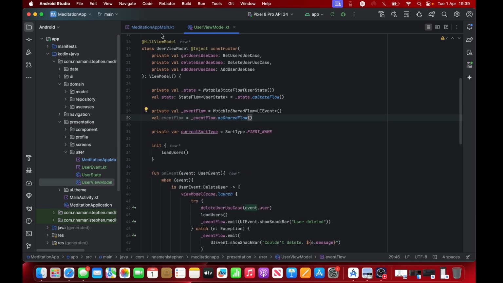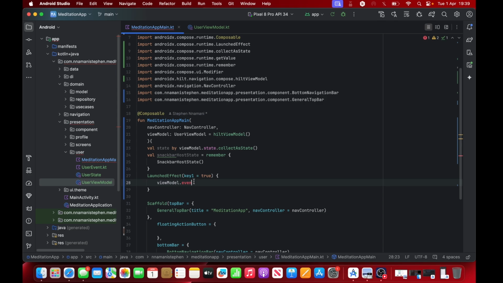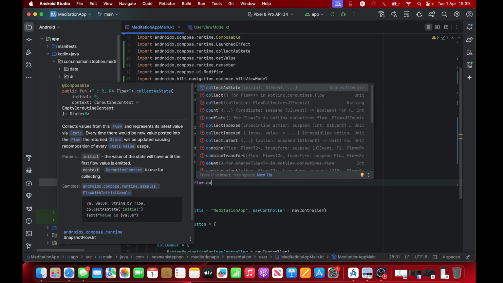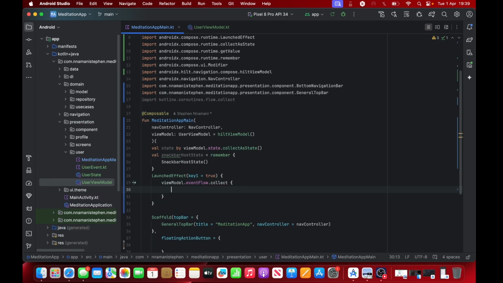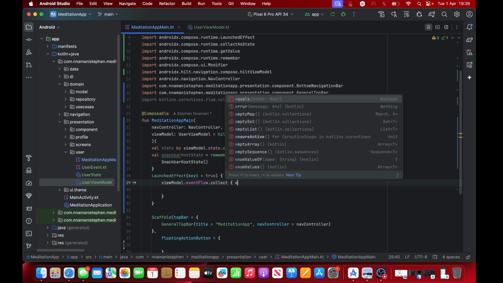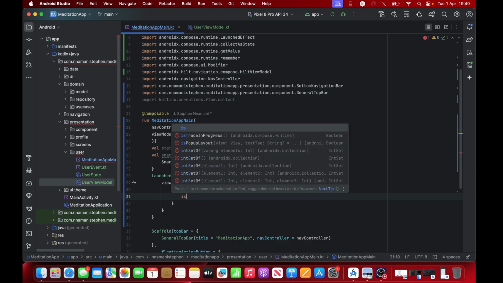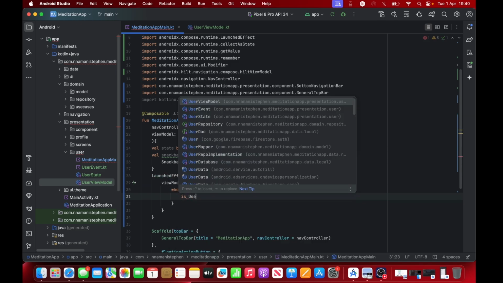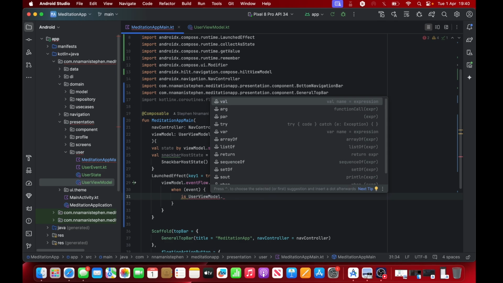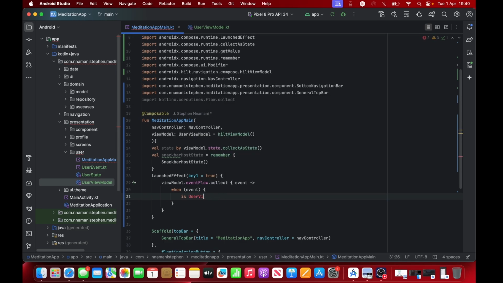So right here in our main screen, I don't know why I keep calling it main activity. So here in our main screen, we're going to call event flow.collect. We're going to use a lambda for this, and let's put a parameter here and I'll leave it empty. Right here we'll say when event is user view model.UI event. I moved this, it is no longer in user view model, so this is on our user